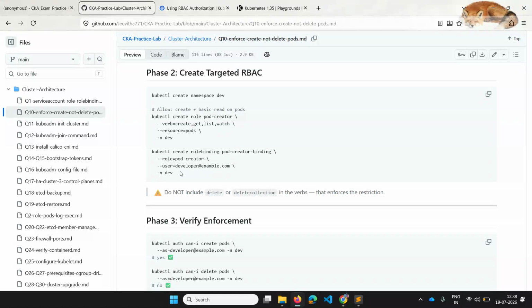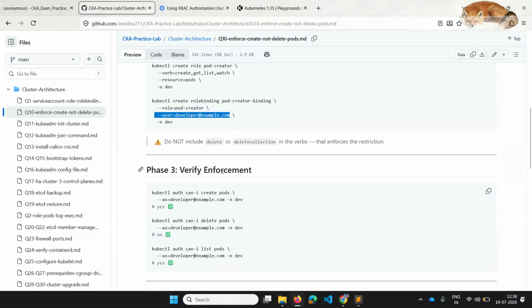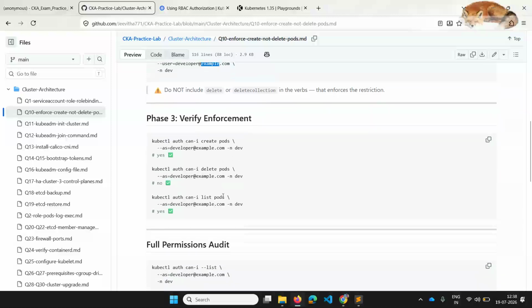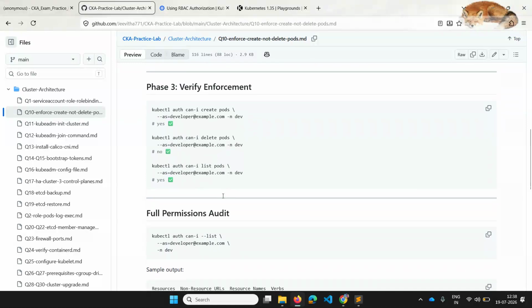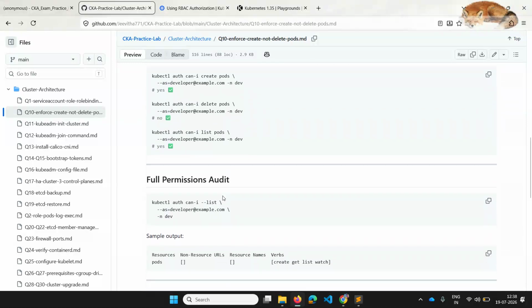Instead, you can use --user and directly specify the user email, so it need not be created separately. You bind the role with this particular user, and then verify the enforcement you have done, whether you can really create a pod, delete a pod, or list pods.